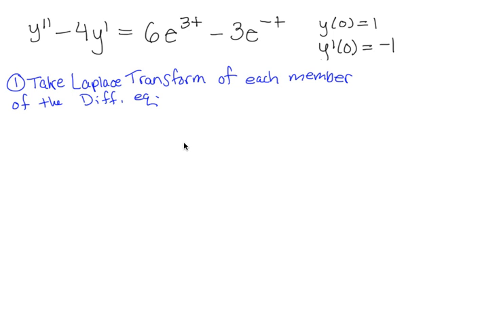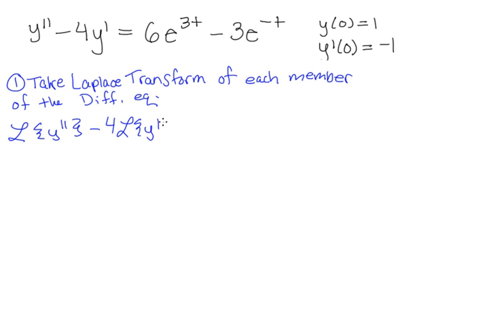Hi and welcome. Today we'll be doing an example of solving a differential equation using Laplace transforms and being given initial values. Okay, so for step one, you're going to take the Laplace transform of each member of the differential equation. So the Laplace transform of y double prime minus the Laplace, we can bring the 4 out and just